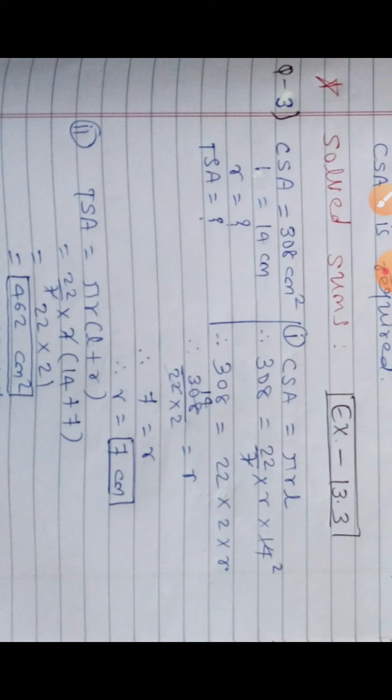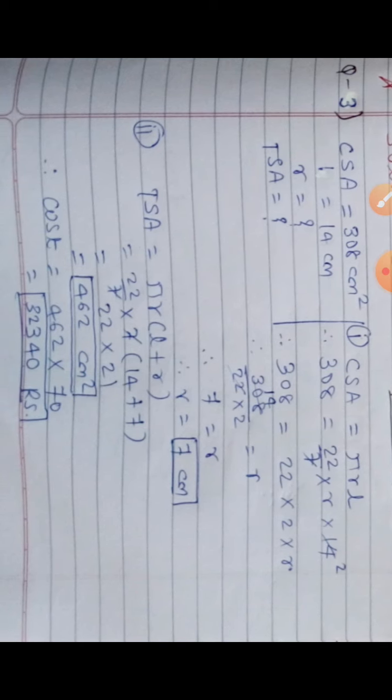So that is quite a reverse sum at the starting point. Instead of asking for CSA, they are giving us CSA. That way we have to start from the given value, and something is missing on the right side. That missing part we have to find first, then we go to the second part. Now, cost is not asked here, I found it by mistake. I took it from the next sum by mistake. So 462 centimeter square is the answer only. Neglect the last two lines.